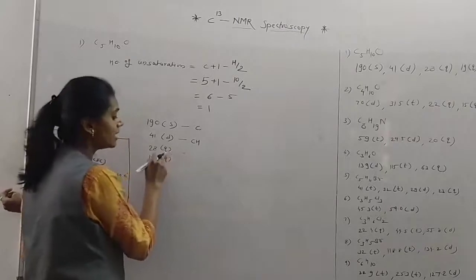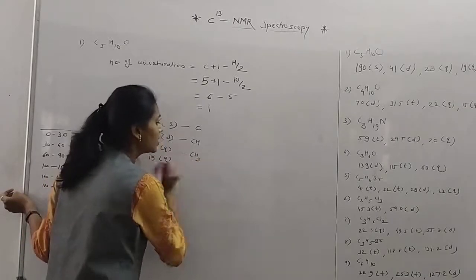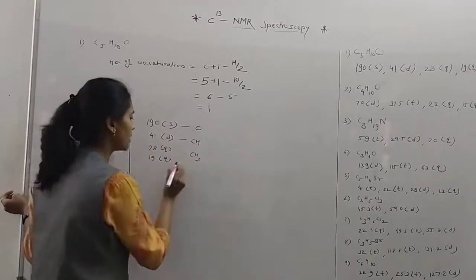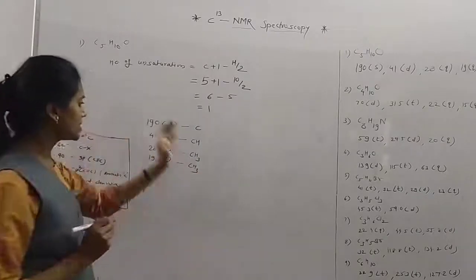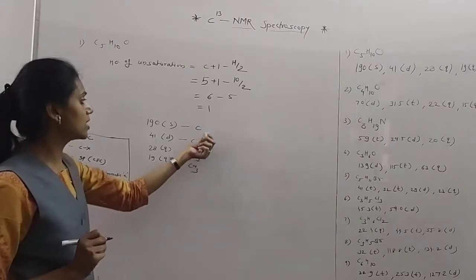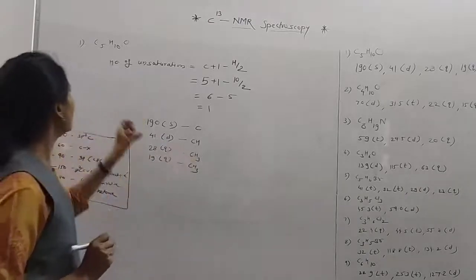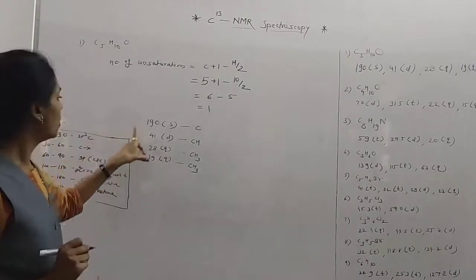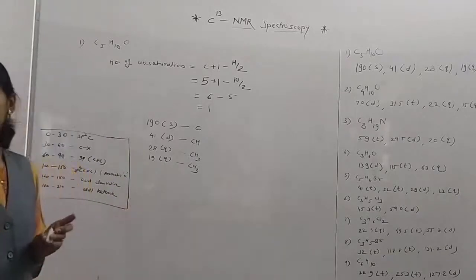Now quartet means 4. When a carbon atom has 3 hydrogens, it shows a quartet according to the n plus 1 rule again. So it's a CH3. From this we can say that in our structure there are CH3, CH and C groups. There are 5 carbon atoms, and we have only 4 signals. That means one carbon atom is a symmetrical carbon atom.